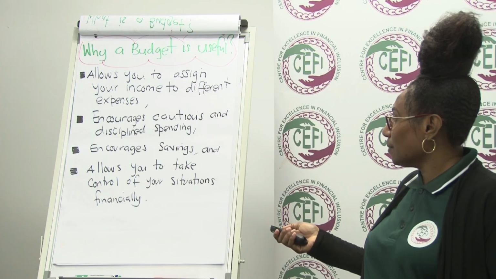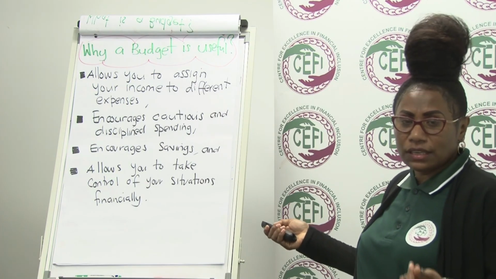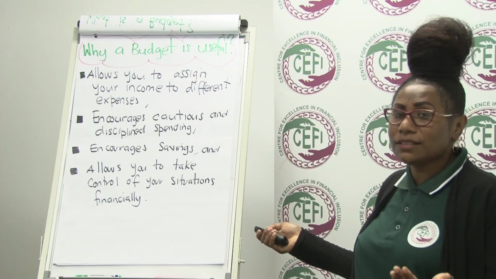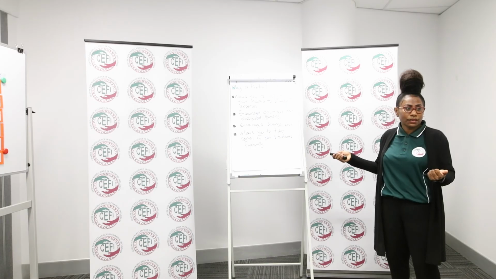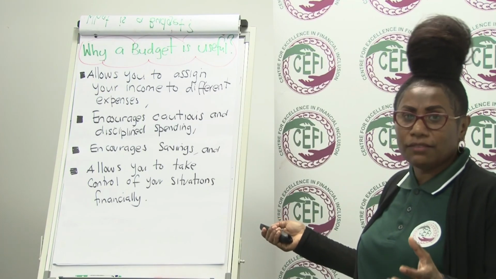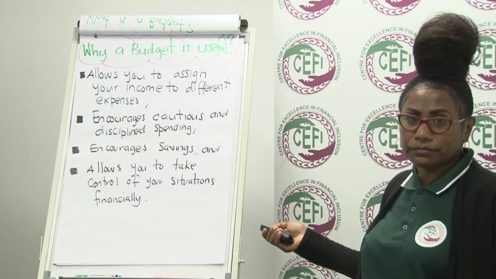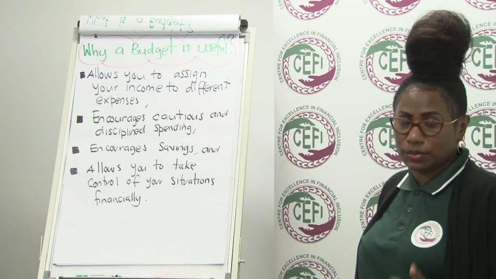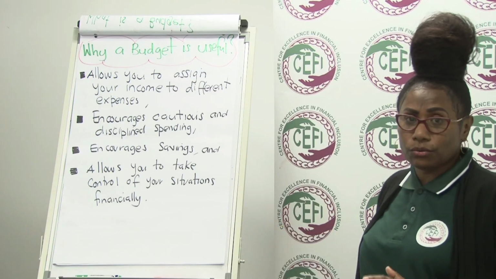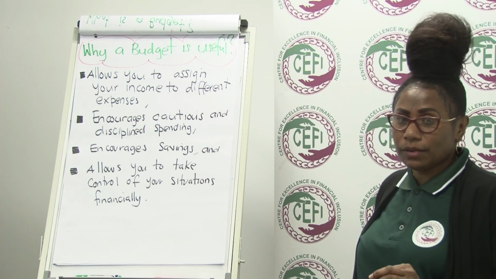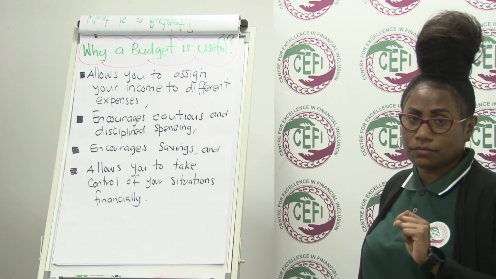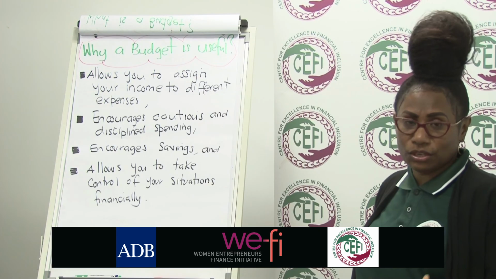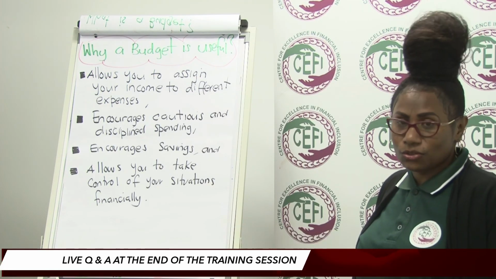Okay? The next is, when having a budget, it allows you to take financial full control over your funds and not your funds taking control over you. Okay? So once you have a budget, it's like a guide for yourself. It's like a roadmap. It outlines the direction in which you need to take regarding your funds, your respective funds. And also it's going to show you from what different sources of income you are coming from. Is it only from one source? And you have lots of expenses. Then you should be seriously thinking about how to increase your different sources of income.